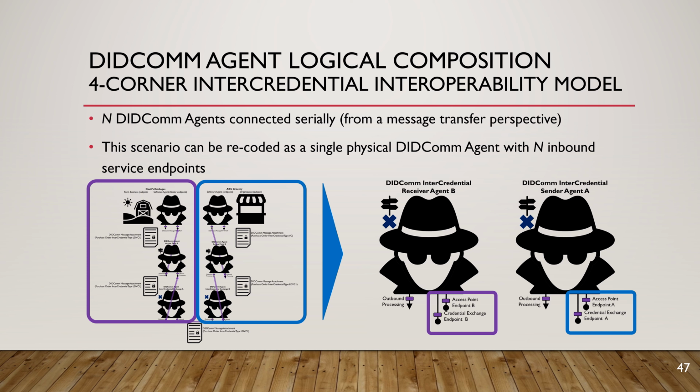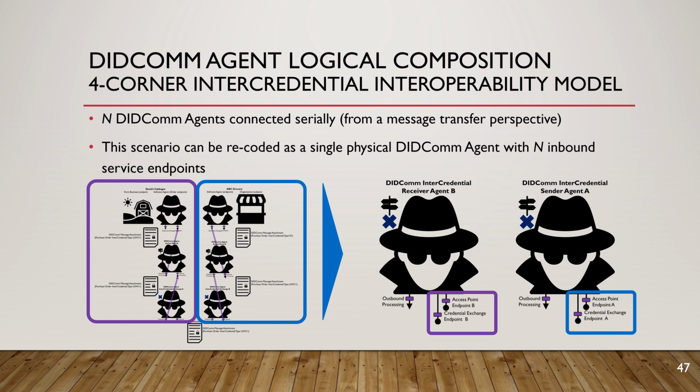And also on the David's Cabbages side, we have 3 agents connected serially in the opposite direction. So whenever you have that, and whenever they're running underneath the same set of keys, the same identity, it's possible to collapse those. So the scenario on the right can be collapsed or recoded as 2 single physical DIDComm agents with n